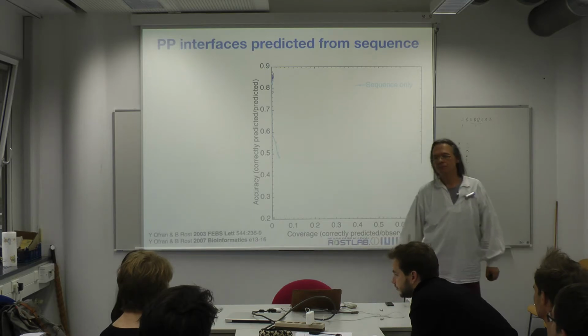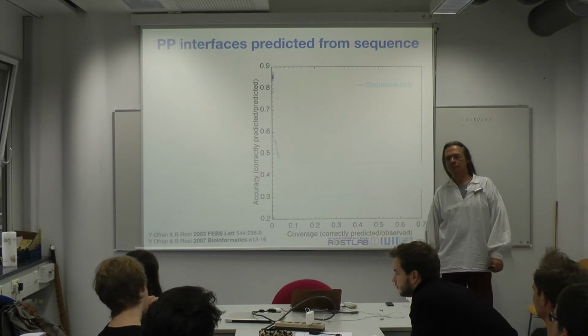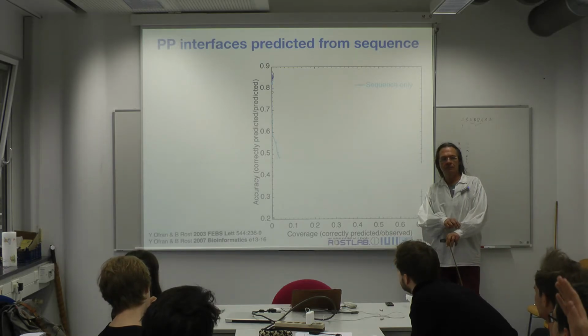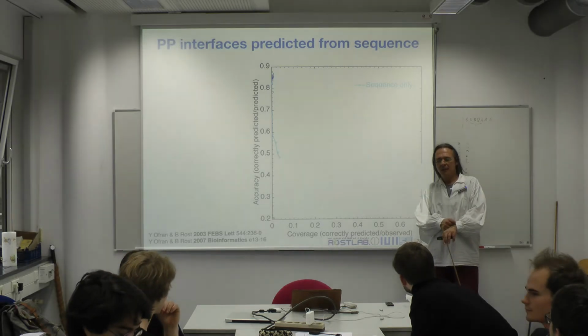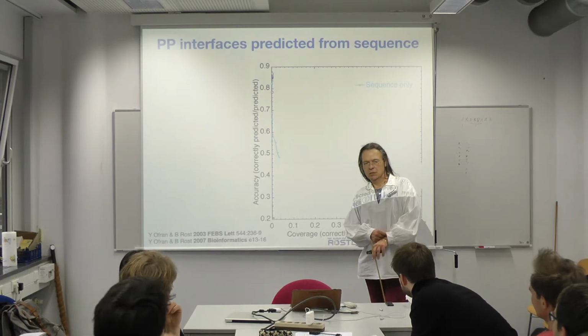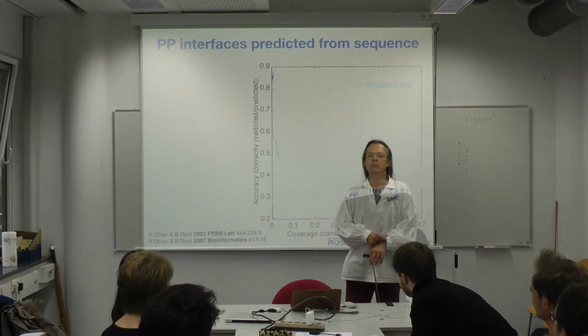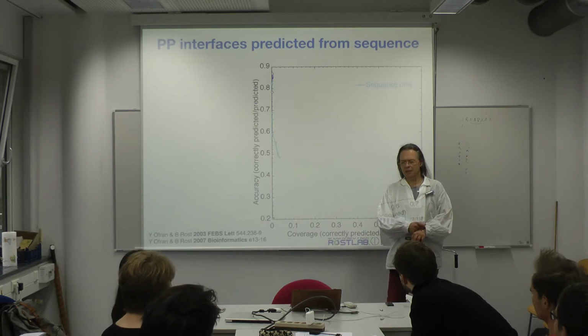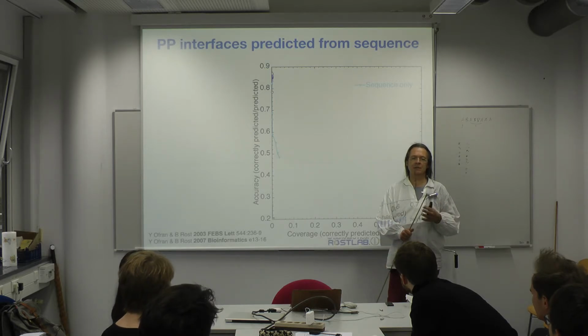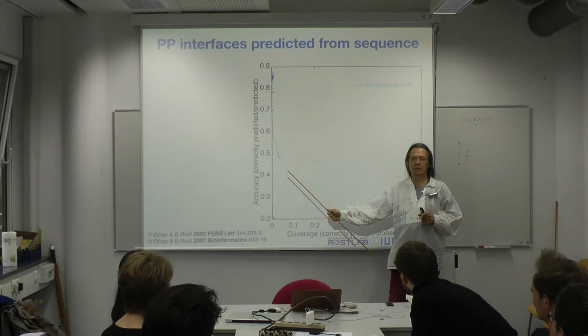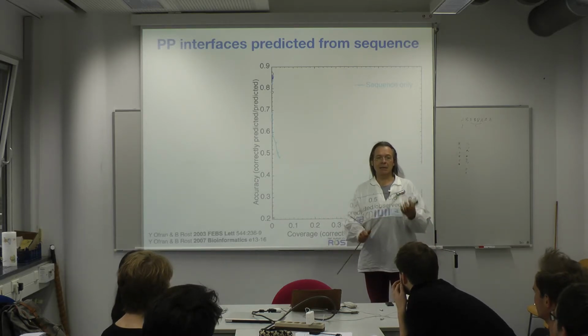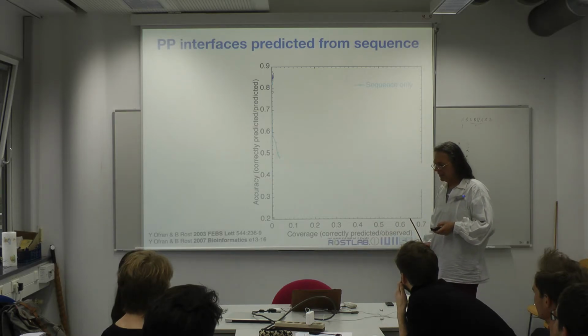Is that good? It's better than random. Random would be 50% if we assume uniform distribution and so on. That is correct. So our distribution is not uniform. So in a two-state prediction, random is much higher than 50% because in fact it's about 10% of the data that is in protein-protein interaction. 90% of the data sits in non-protein interaction. So random would be 90%. So this is way worse than random, but actually what I'm showing here is only positives. And for that, the 10% is random. Unfortunately, the random